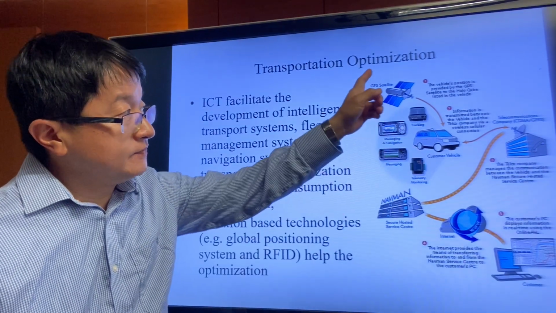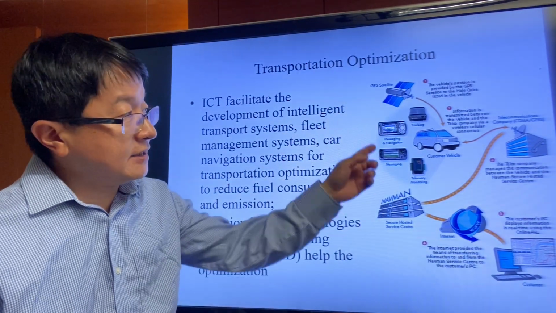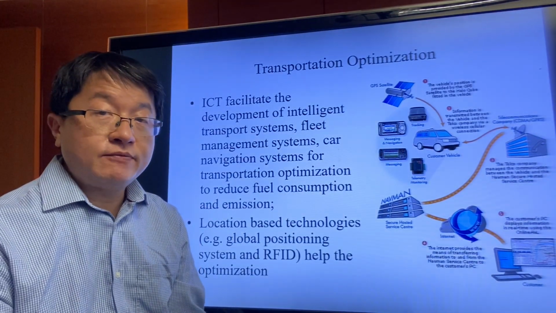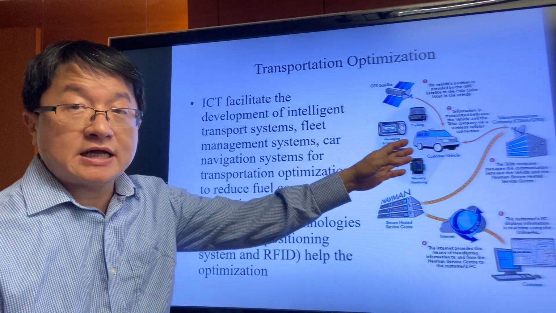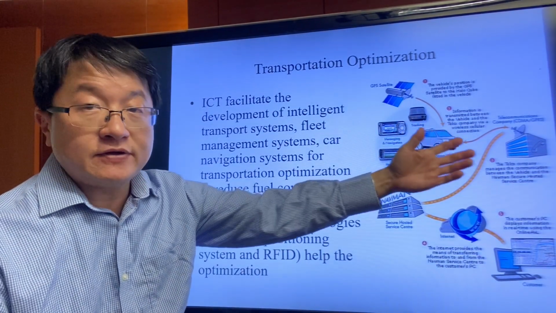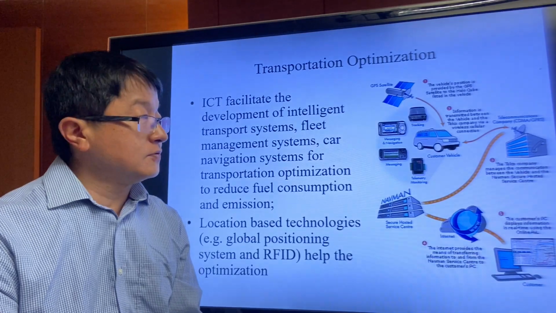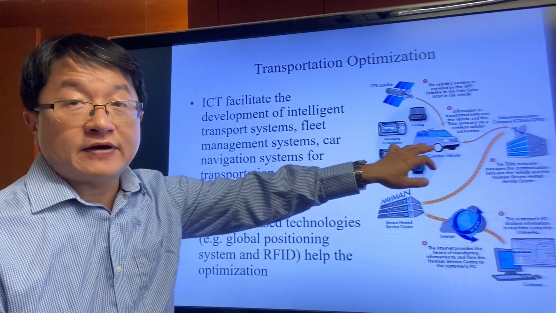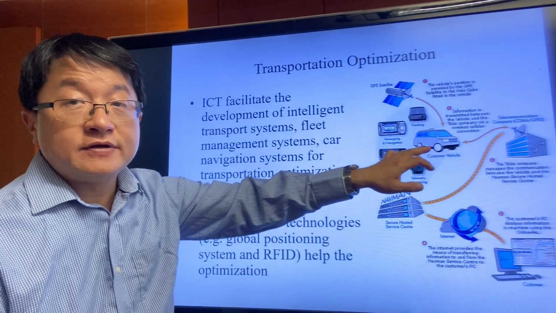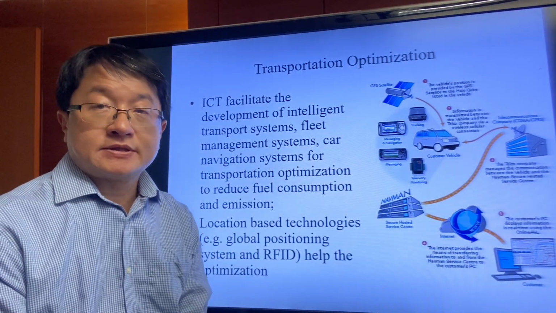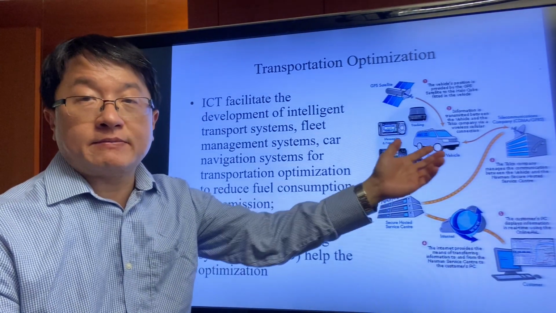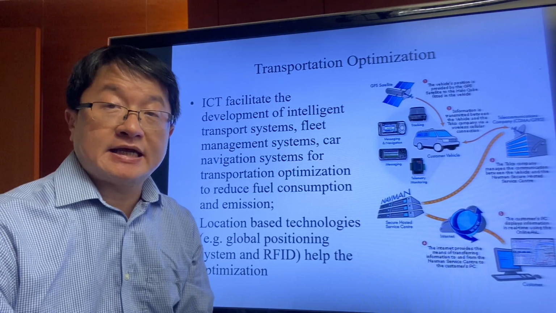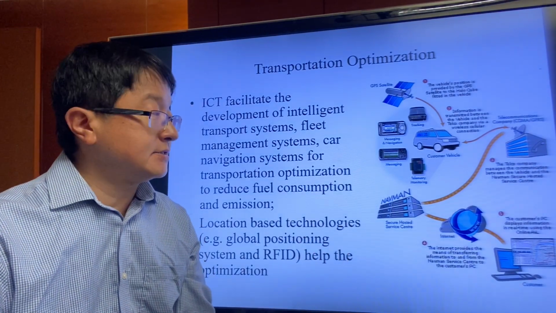For example, GPS satellites can identify the locations of the workforce. So when a company wants to send a job order to their staff, for example, to deliver goods or collect some goods from their customer, they can make use of the GPS data to identify which staff is closest to the customer and then send the job order to them, so that the travel time, transportation costs, and vehicle emissions can be minimized.